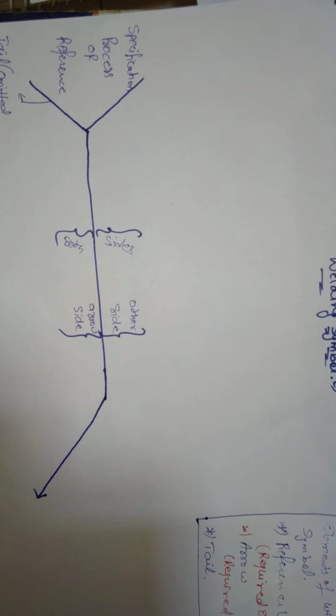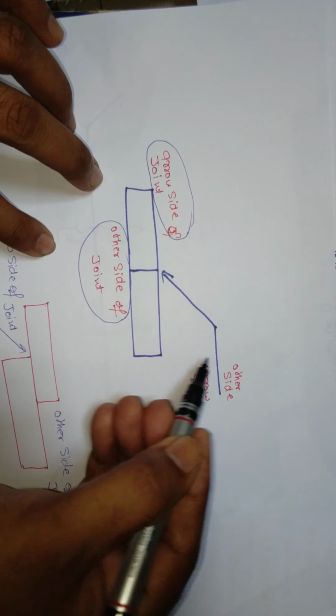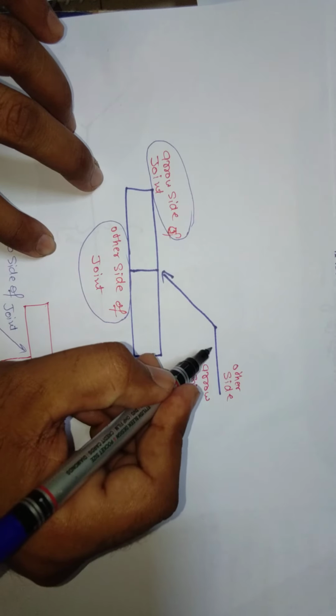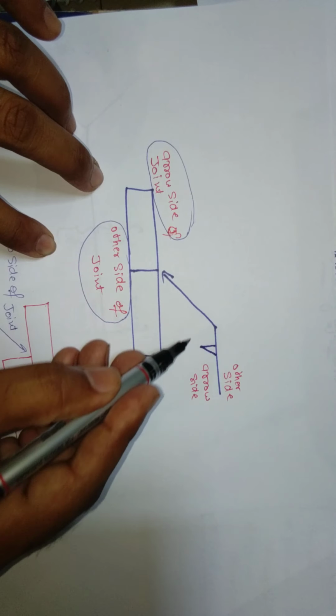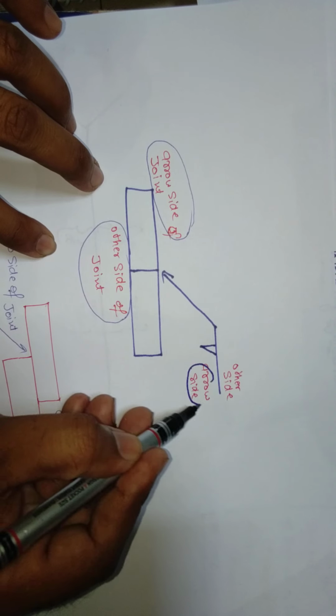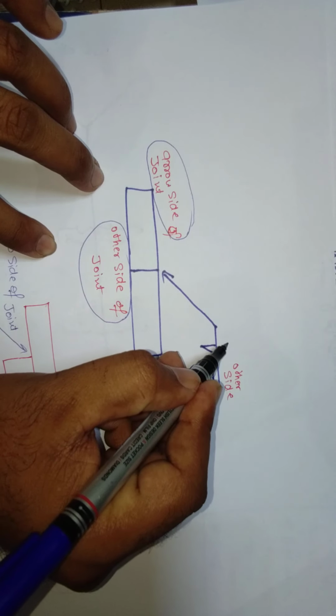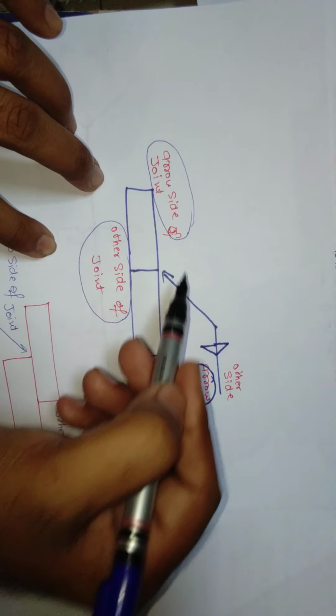Now we will discuss about how and where the other elements are placed. First, the basic weld symbol. The weld symbols are placed above or below the reference line. Let's consider a fillet weld symbol placed here. It means we need to make a fillet weld on the arrow side of the joint, and if the fillet weld symbol is placed on both sides, it means we need to make a fillet weld on both sides of the joint.